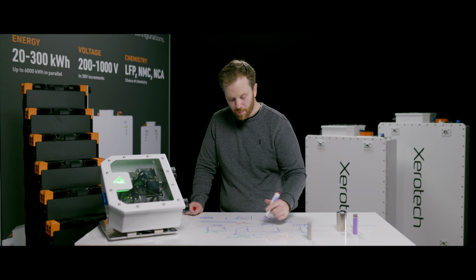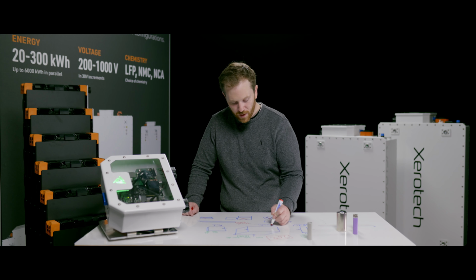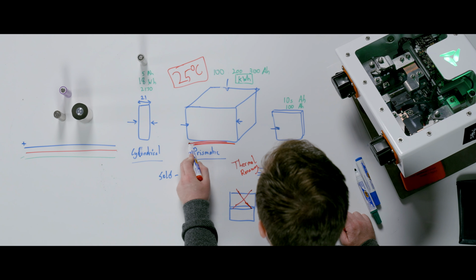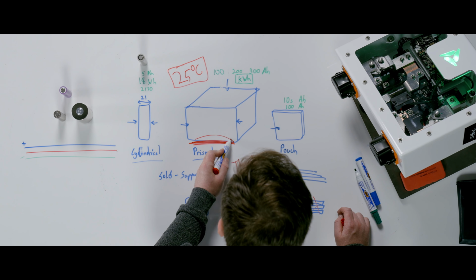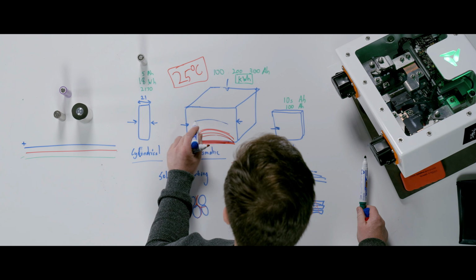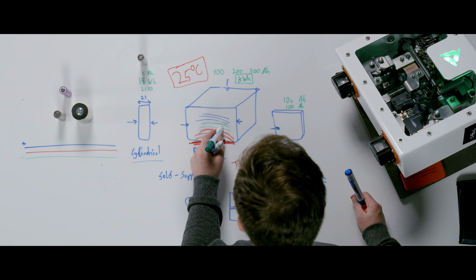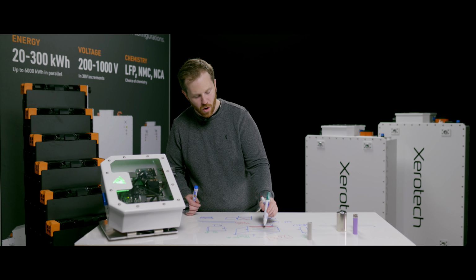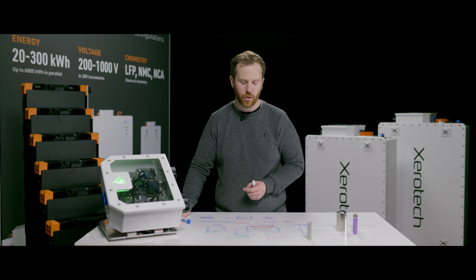Now the problem with large battery cells is getting the heat in and out. The thermal conduction from the battery, it's a function of the distance inside of the battery and the resistance. So if you've got a really big battery cell and you've got it on a warm plate here or a cold plate to heat it, it's going to heat it in a gradient pattern like this, but you're going to end up with a temperature gradient across the pack that while you're heating the bottom of the cell, it's very hot at the bottom, it's lukewarm in the middle, and it's still cold at the top. Or the flip side is exactly the same if you're trying to cool it down.